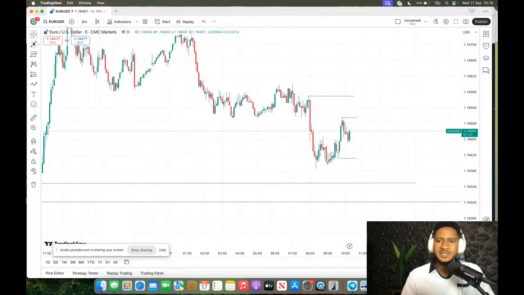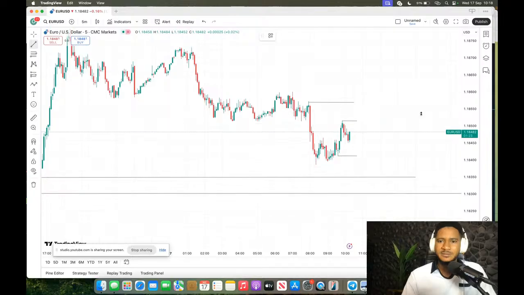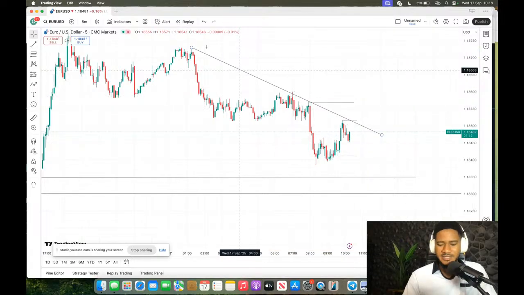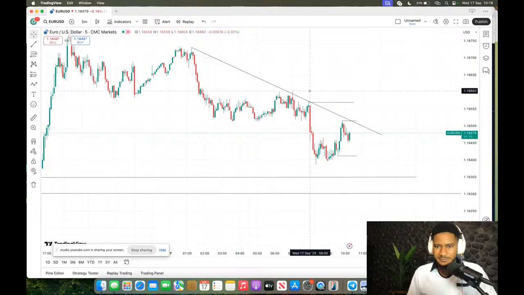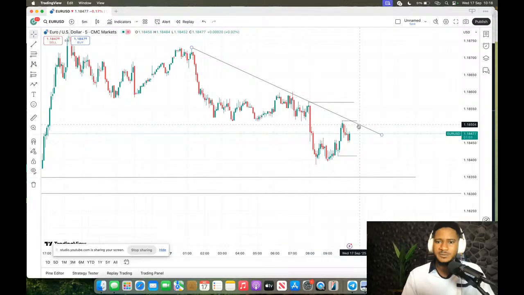Let me show us something real quick. You see how the market has been dropping from here. Okay, like this, right? Yes. You see how it has dropped all the way. It is normal to expect that we will touch this line. Very possible that we'll touch this line. Also,